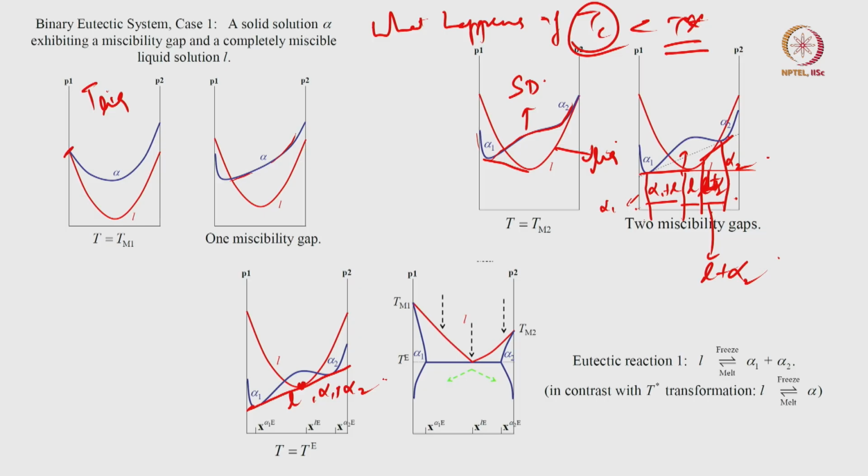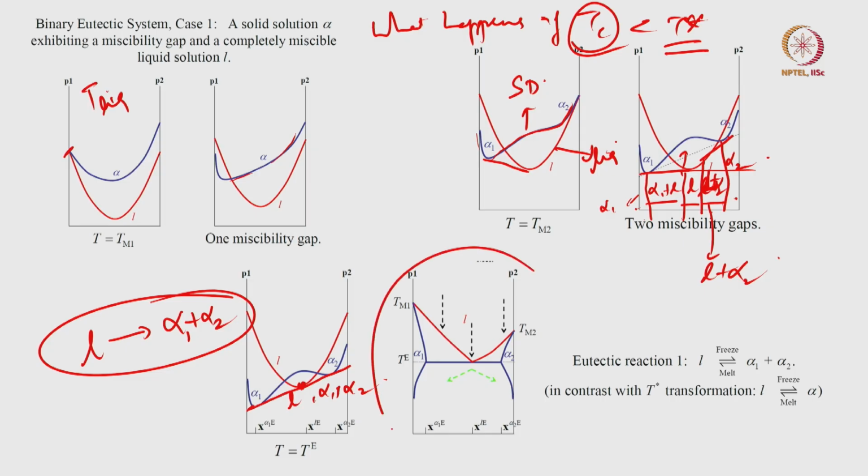Or in other words, just from above this temperature to below this temperature. So if I am at this composition, I have a liquid first. Just below this temperature, that liquid becomes alpha 1 plus alpha 2. So, now I can plot everything in the form of this phase diagram, and in this phase diagram,